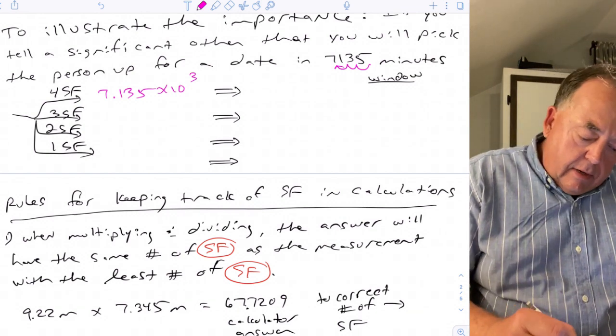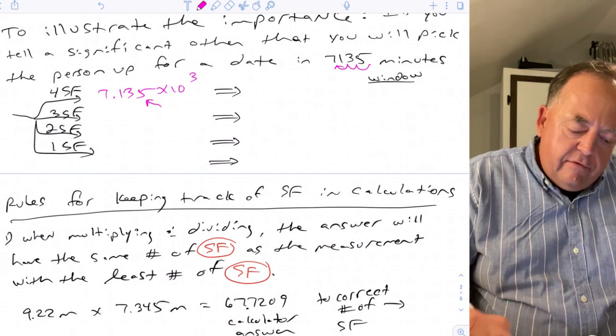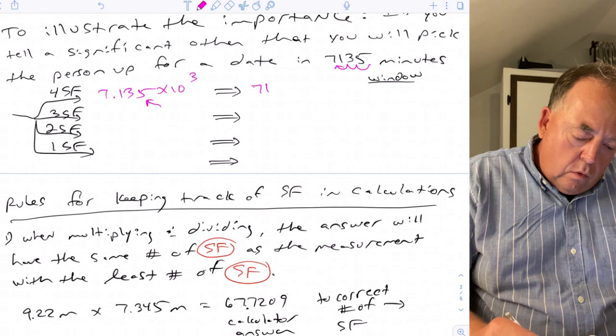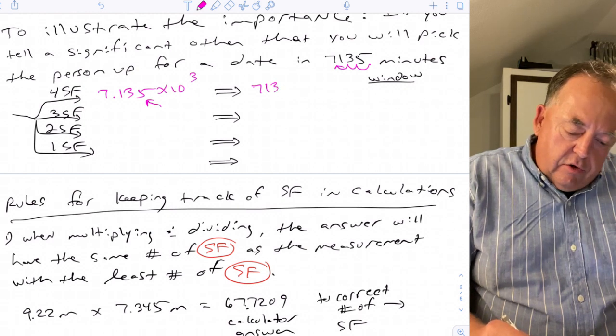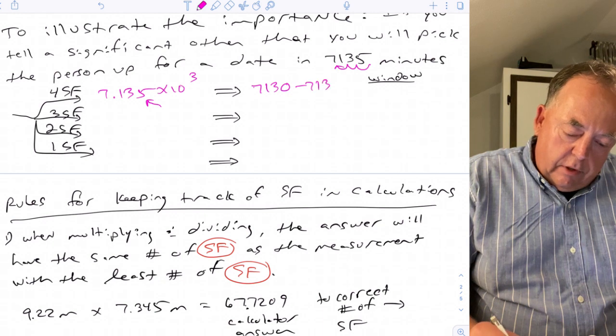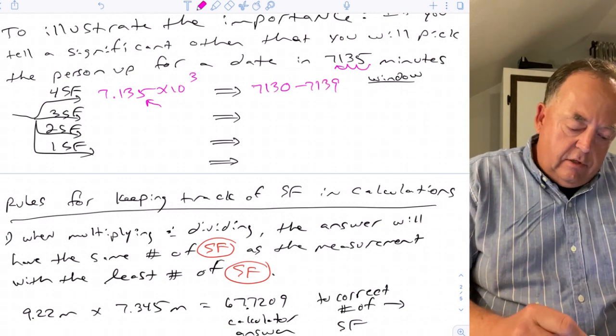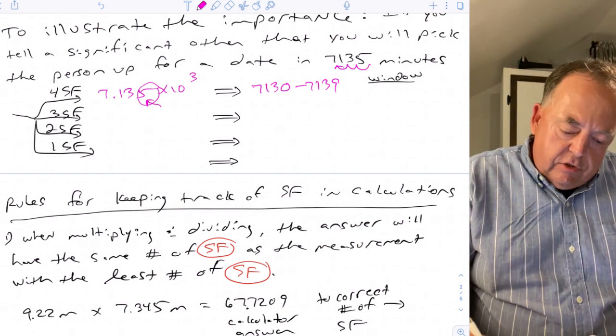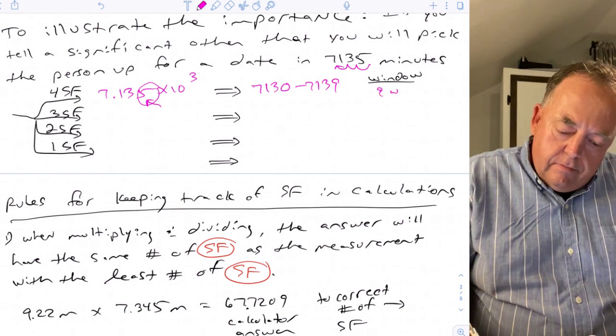So what are you telling somebody if you do this? You're telling them that 5 is your only guess. You're 100% confident in the 7 and the 1. So 7, 1, 3. So that could be 0. You don't know what the 4th number is, or 7, 1, 3, 9, right? This number here is the first guess, so it could be 0 to 9. So basically that's a 9-minute window,